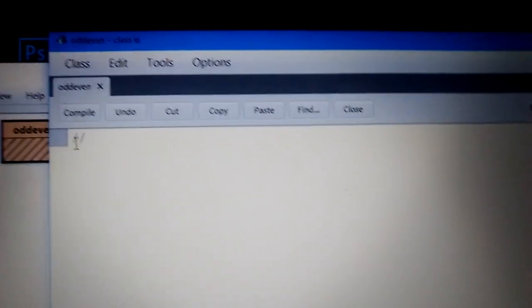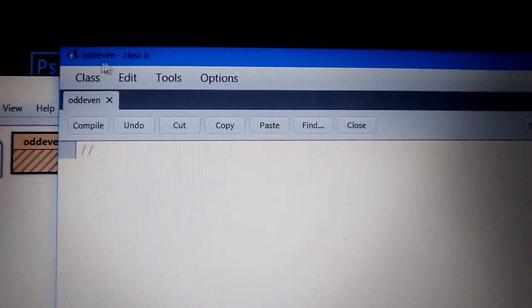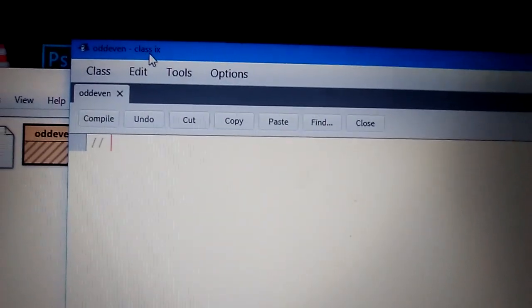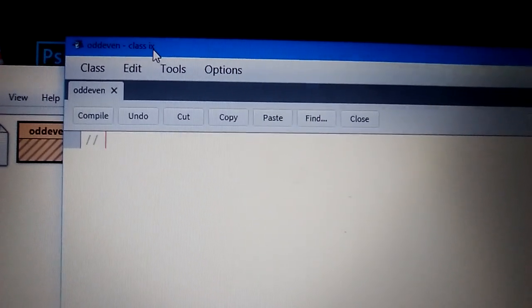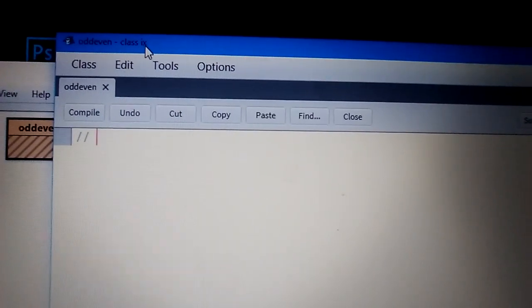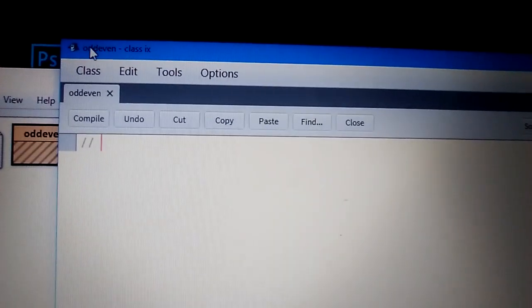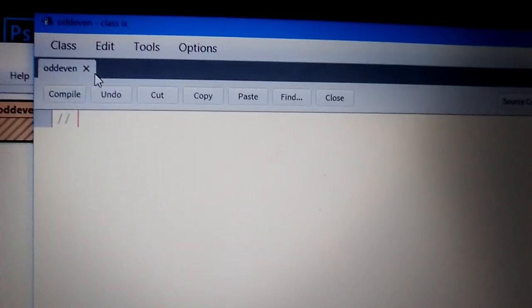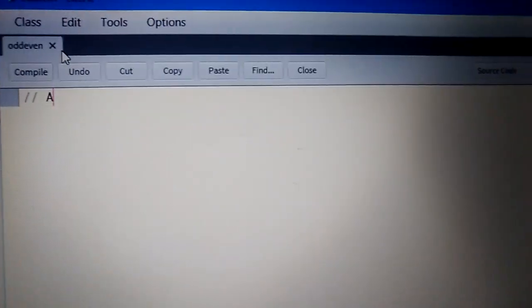We see here that the title bar is showing odd even class 9. So class 9 is the folder or the project inside which we are doing the program odd even. So we write here a program